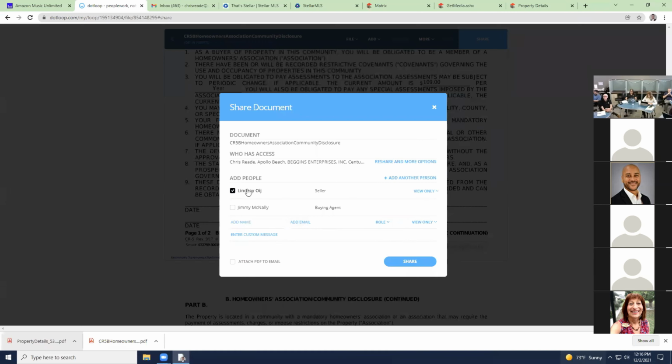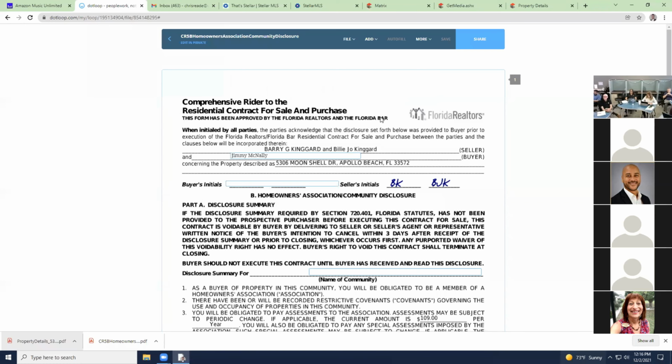I can click on this person, but it only gives me the option to send it to them as view only because there's nothing for them to do. No signature, no signing, no filling out, no anything. I'm just sending them a document to look at. And if the other agent doesn't use Dotloop,